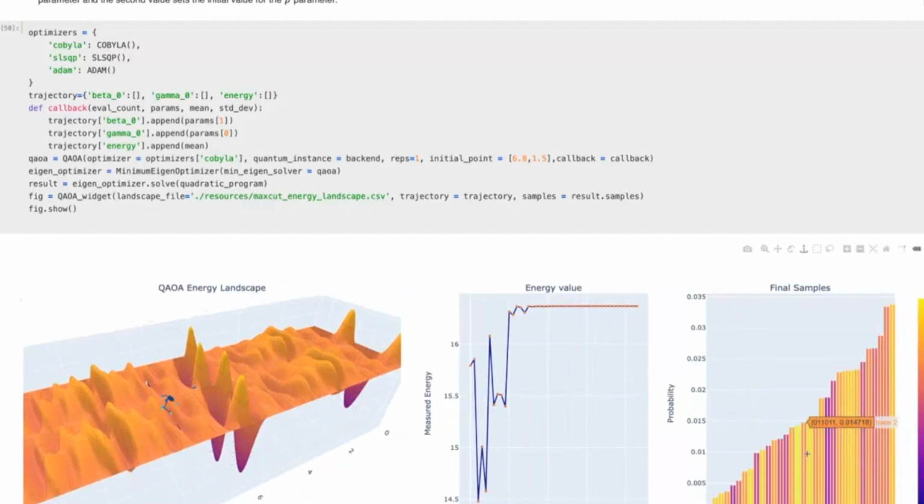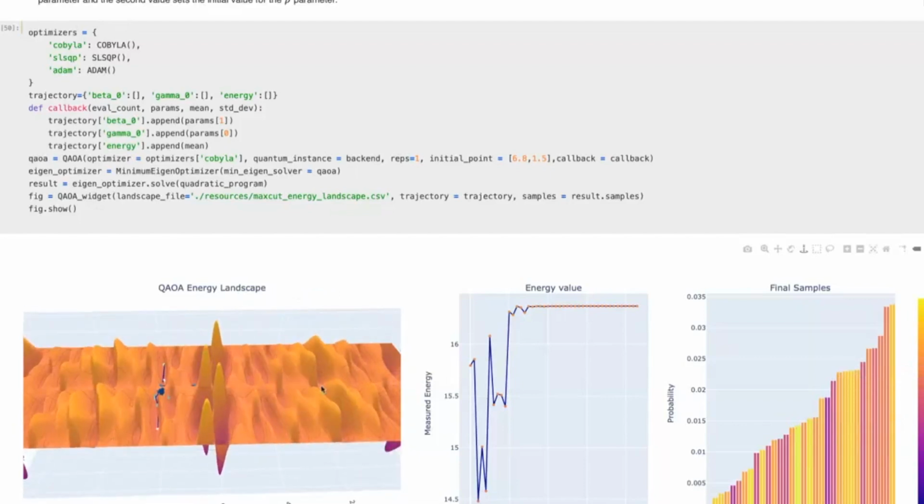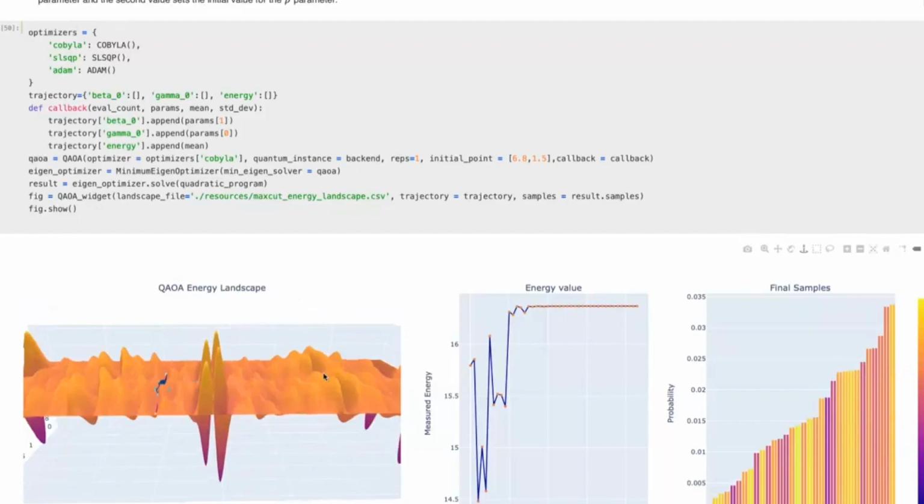This goes in the direction of the CVaR adaptation that I talked about in the previous lecture, where instead of looking at all of the bit strings that we sample, we only look at the best ones. By doing so, we can actually adapt the energy landscape. And what happens is that we will widen the minima and maxima, which makes it easier for the optimizer to find these global optima.